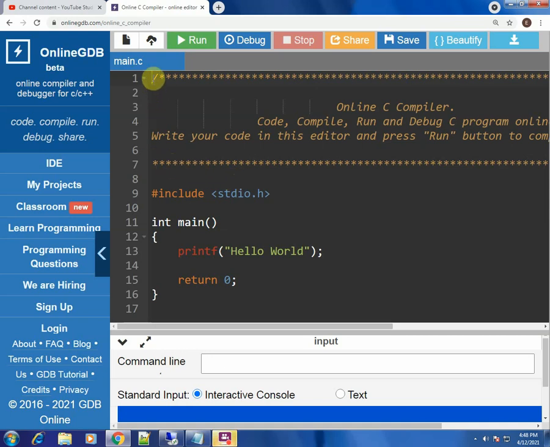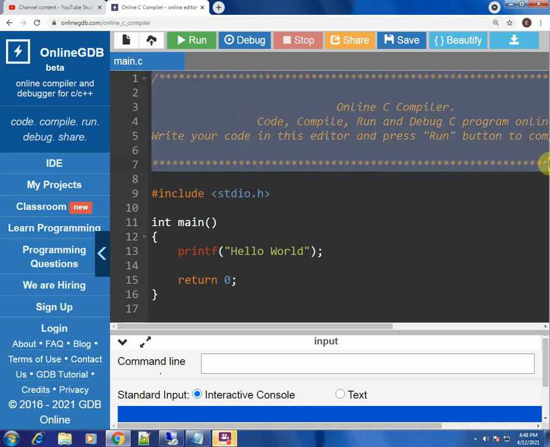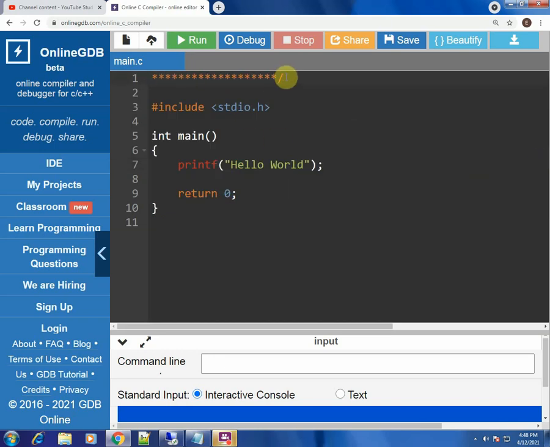In this video lecture, we will learn how to write a C program for exchanging the values of two variables. So, how to swap the values of two variables, we will look into this particular C program. I am using an online compiler, onlinegdb.com, for this particular compilation. You all can use any compilers for your work.